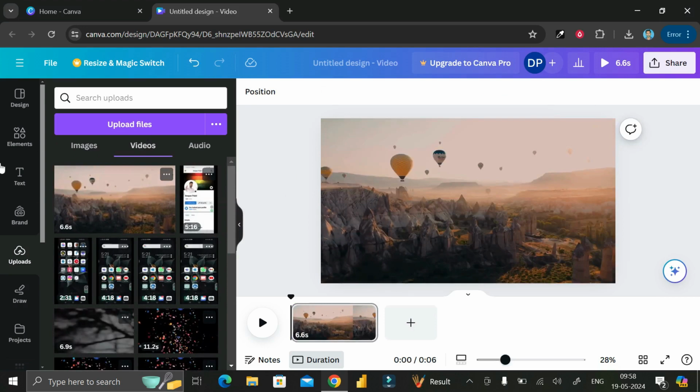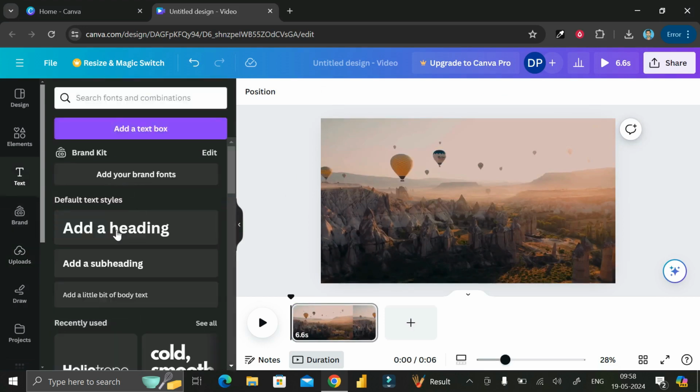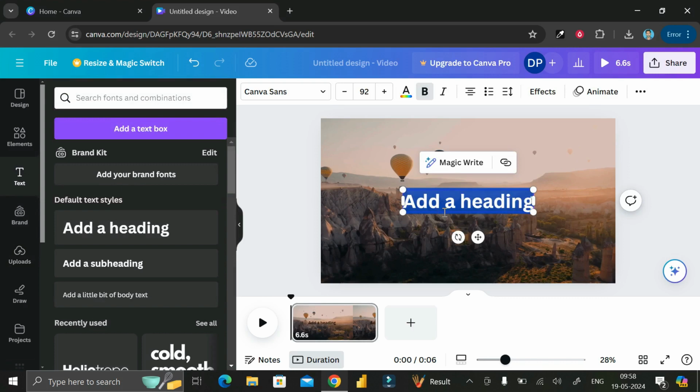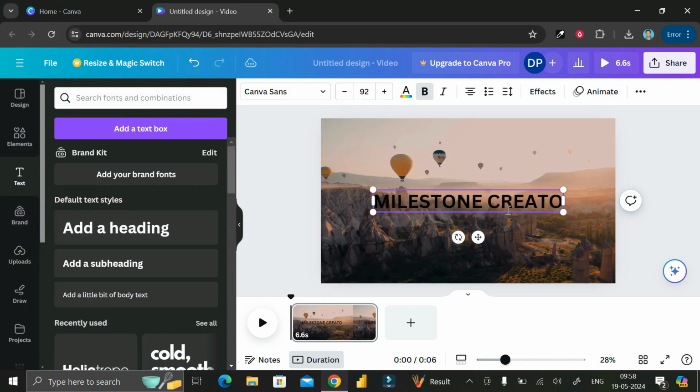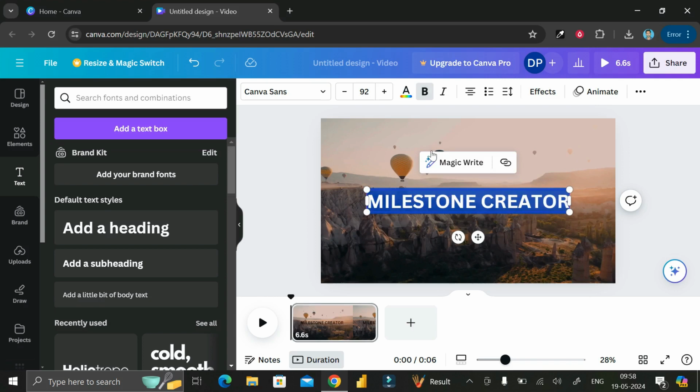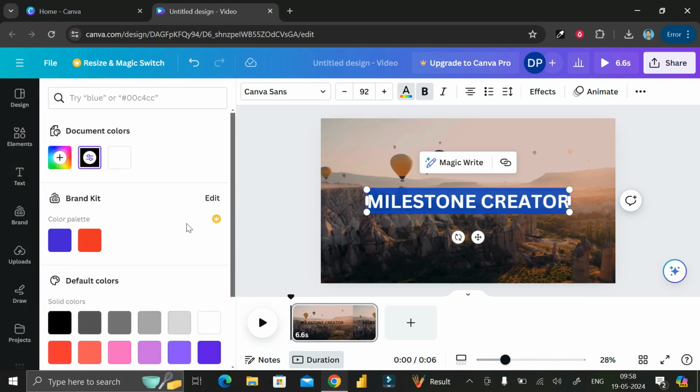Got it? Then go to the title, then click on the text, and here you have to write the text that you want to put on top of this particular video. Okay, all right, then press Ctrl A and select the entire text, then click here, then change the color to white